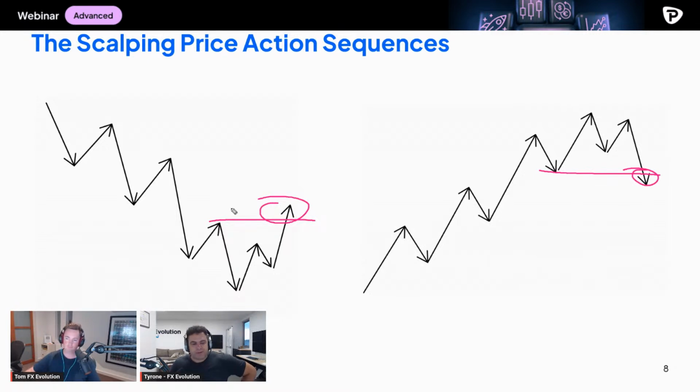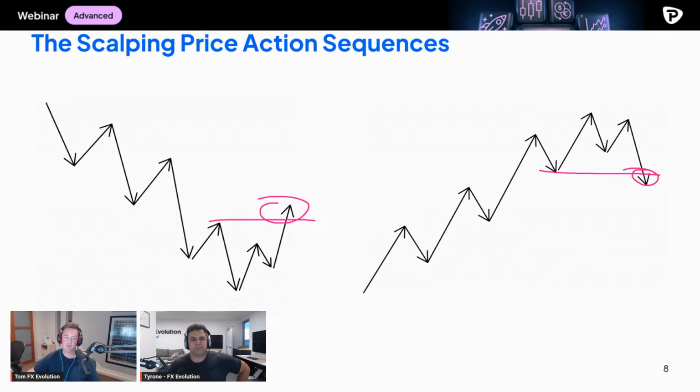And guess what whipsaw does? Whipsaw takes out stops. So it's really, really important to identify the market that you're trading. If you understand that you are trading a consolidation zone, all power to you. There's nothing wrong with that, but it's understanding that you are doing that and having your stop losses and your take profits in the proportionate size of that consolidation zone.